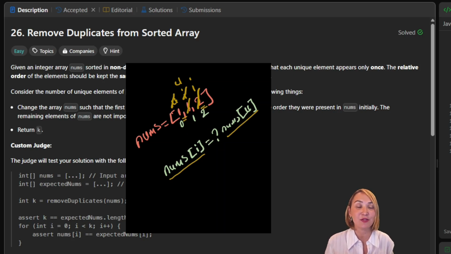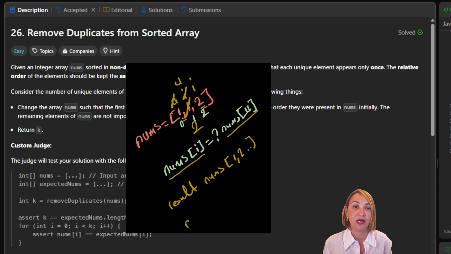Unique. Increase the uniqueIndex from 0 to 1, and put nums[2] into nums[1]. The final output is the first two elements of nums, 1 and 2, and the result is uniqueIndex plus 1. It's 2. Let's solve the question in Java together.